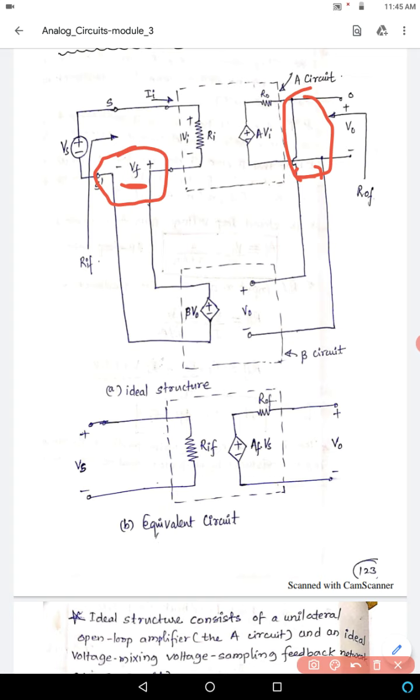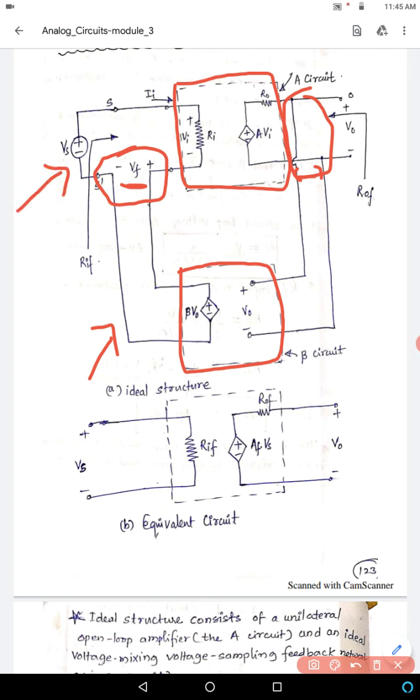series shunt feedback. Again we are replacing the operational amplifier part by using that h parameter model, all those things. I hope all of you remember that one. And also this feedback network will be replaced by its equivalent circuit. Hence this is about your ideal structure of the voltage series feedback. Again, just the analysis. Input will be provided, same thing. Feedback voltage will be provided here, the same thing. Output will be taken, same thing. We are just interchanging the operational amplifier part.